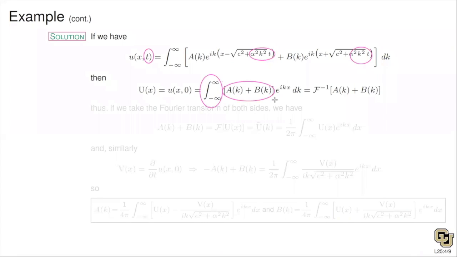So if you plug in a 0 for t now, you're going to get something that doesn't have a t variable in it anymore. And if you look at this, this is actually a Fourier series. This is a sum. Here are the coefficients times the basis element. This is actually what we call the inverse transform. So this turned out to be the inverse transform of whatever coefficient